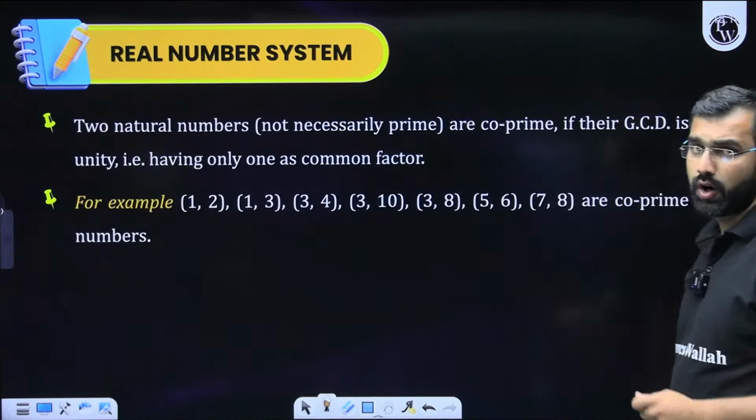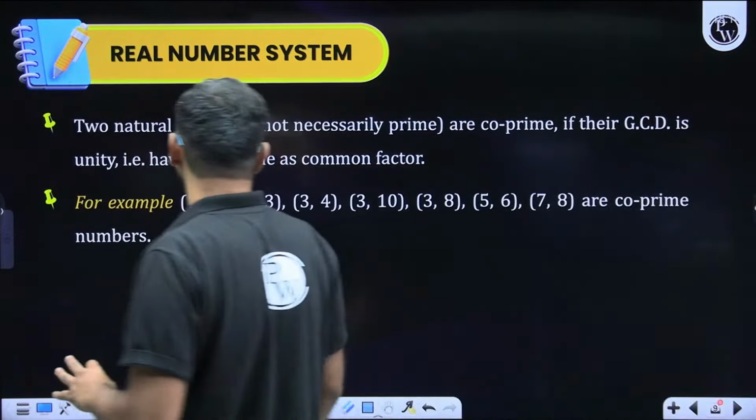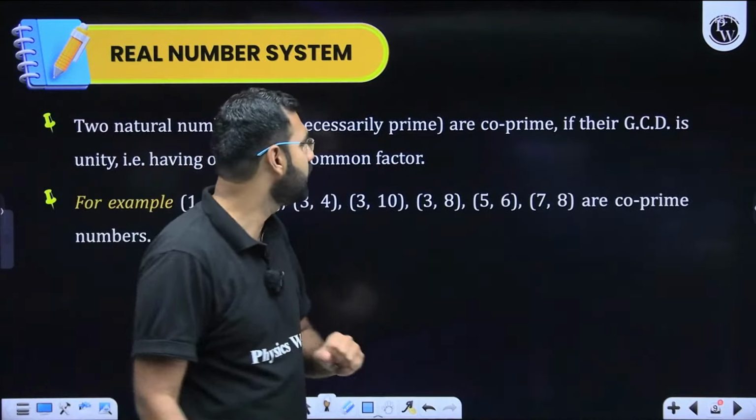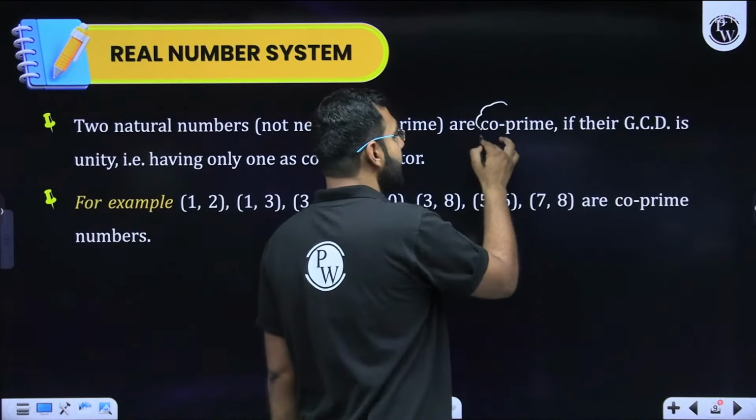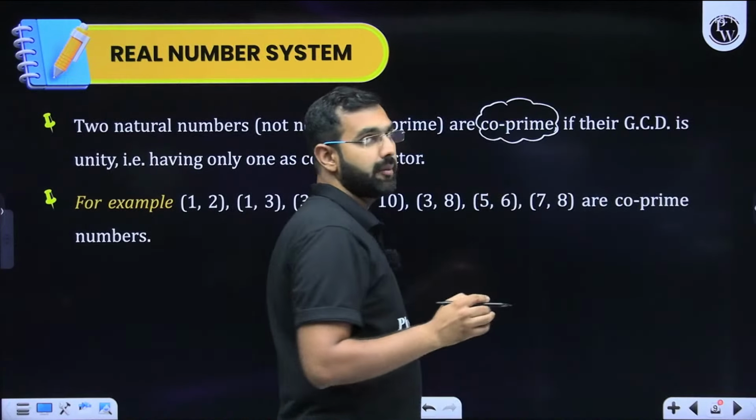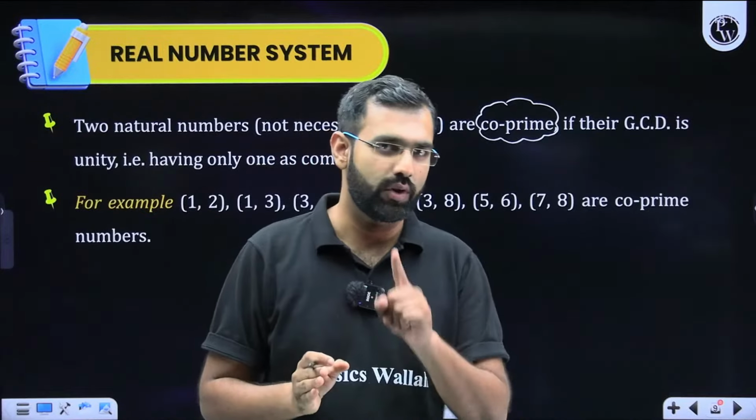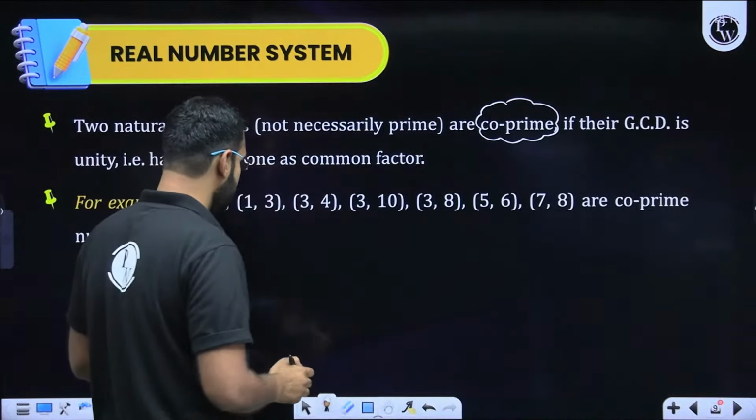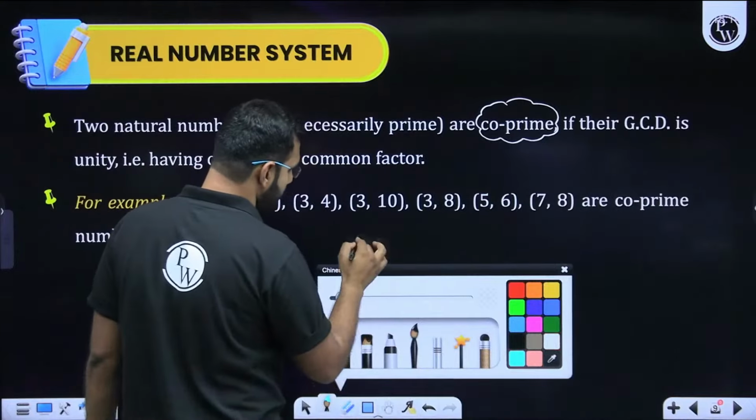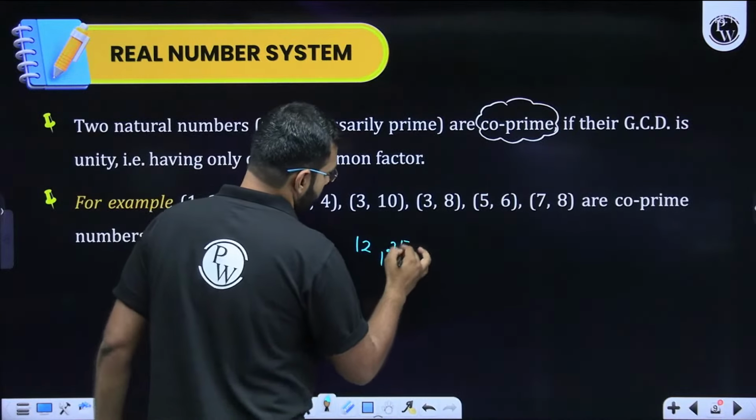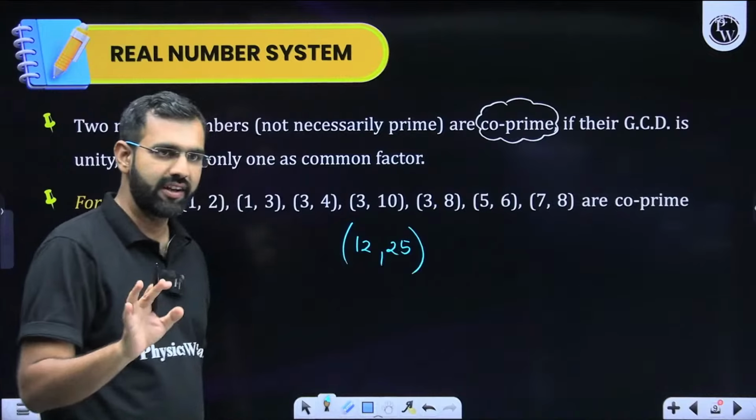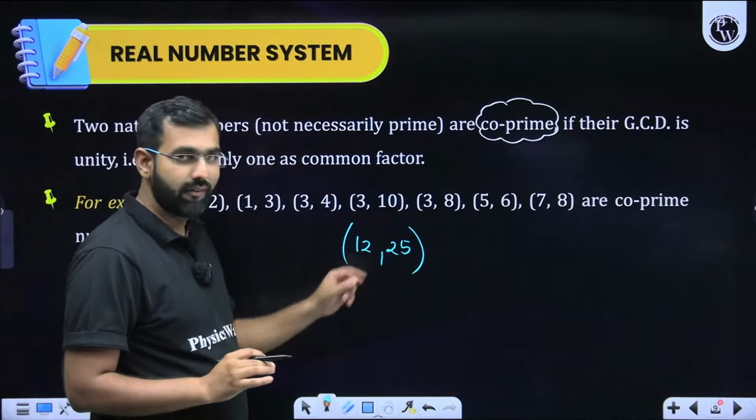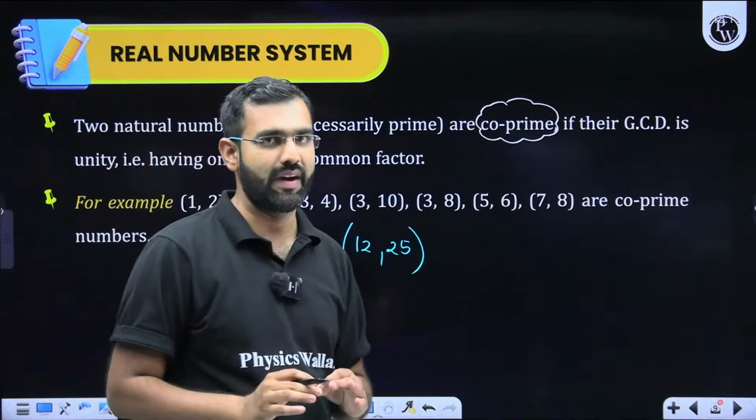Now, let us talk about a few more things. Two natural numbers, not necessarily prime, are co-prime. What is the meaning of co-prime? There are questions asked on this word co-prime. Co-prime means their HCF is 1. Did you listen to that part? For example, take 12 and 25. 12 and 25 are not necessarily prime, I'm not saying that. But in this pair, if you look at 12 and 25, the highest common factor,